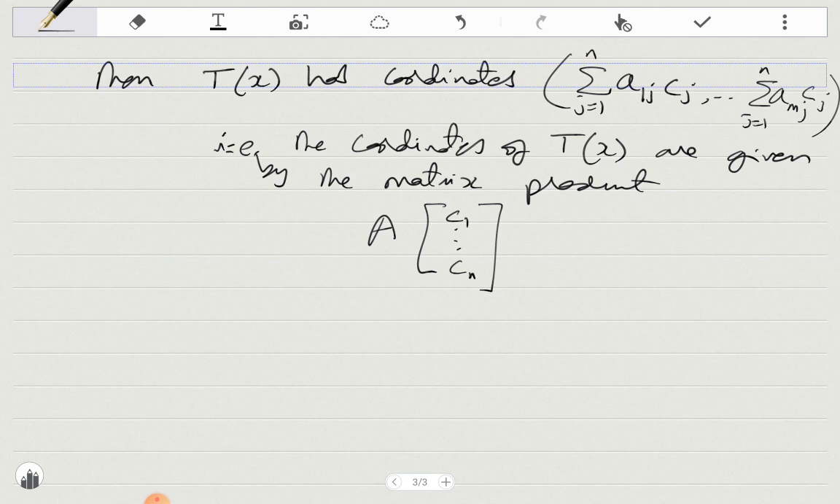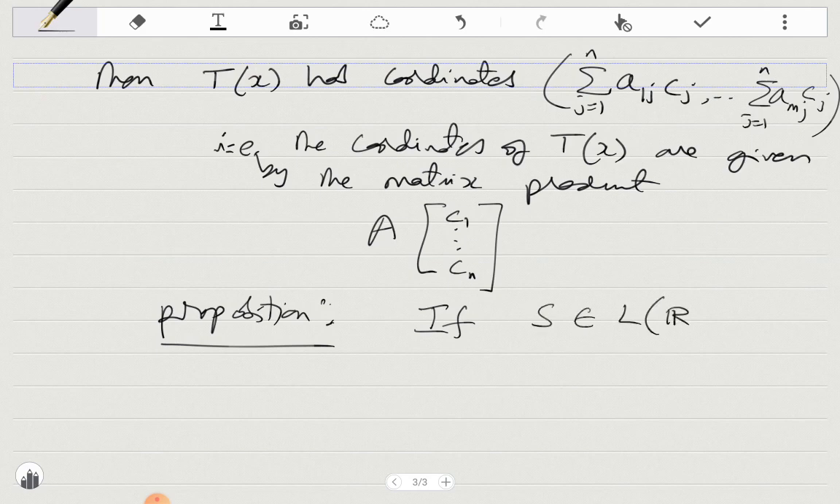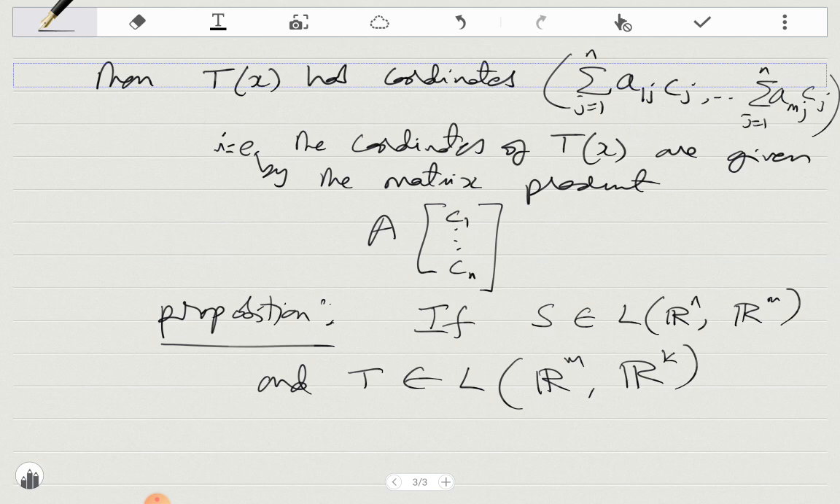Now, one of the nice things about this correspondence between a matrix and a linear transformation is the following proposition. Again, I'm not going to prove this. Rudin has a proof, but you can work it out yourself. If I compose two linear transformations, if S belongs to L(Rn, Rm), and T is in L(Rm, Rk), let's say,